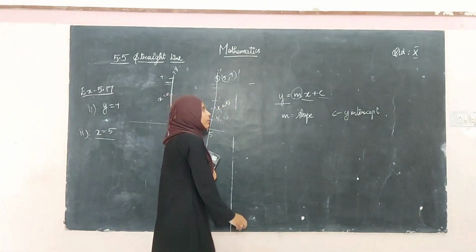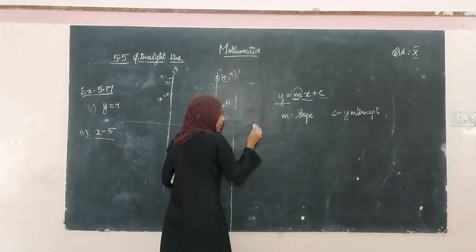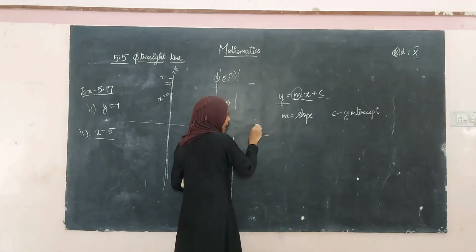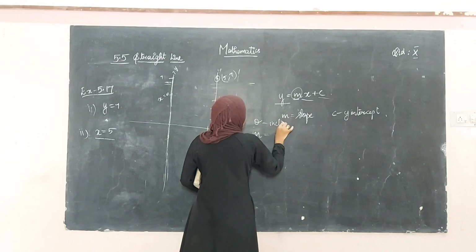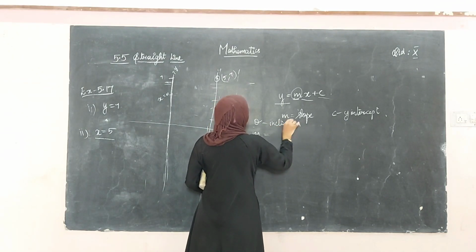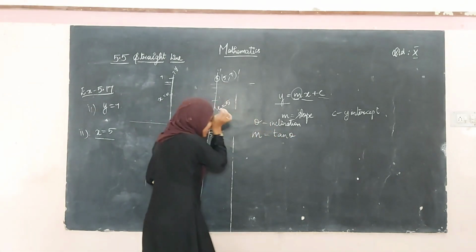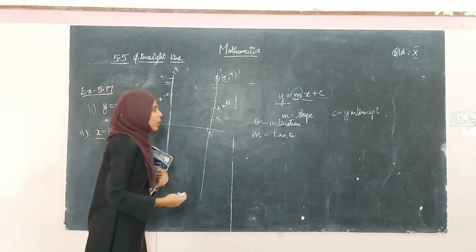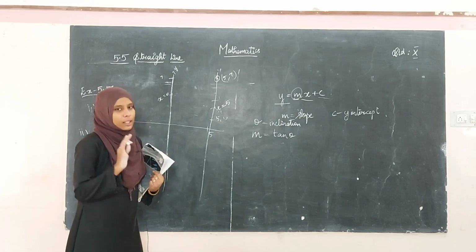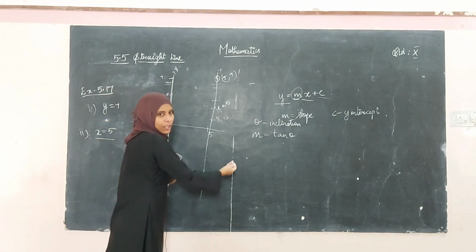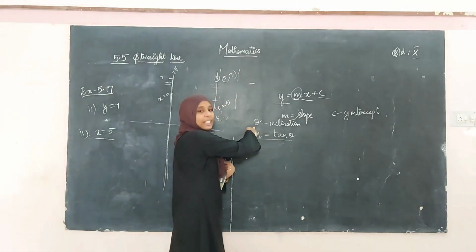Okay, so there are many ways of finding slopes. Let me tell you that first. How to find m? The first way is when the theta is given. Theta means inclination. So when the value of theta is given, you should use the formula tan theta. M is equal to tan theta. What is m? m is slope. Now we are going to know how to find the slopes of the straight line. A straight line has a slope, and how do we find the slope is what we are going to see. That is, the first one is m is equal to tan theta. This can be used when theta is given.